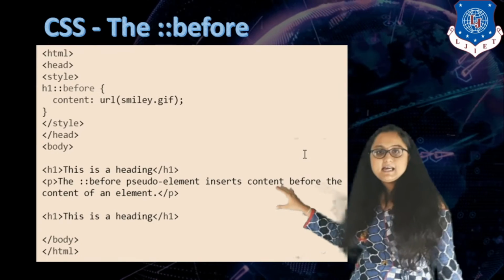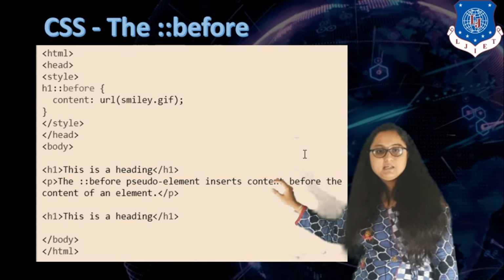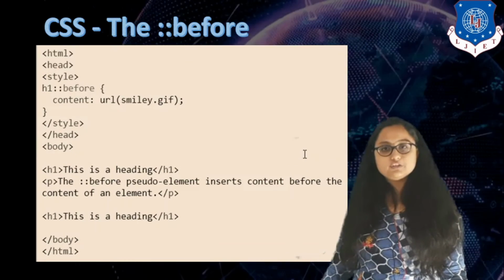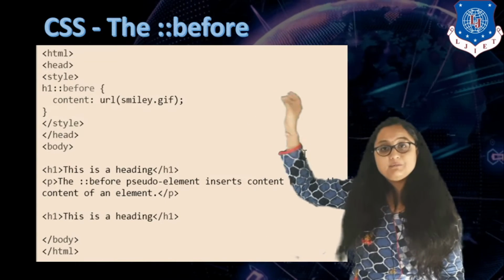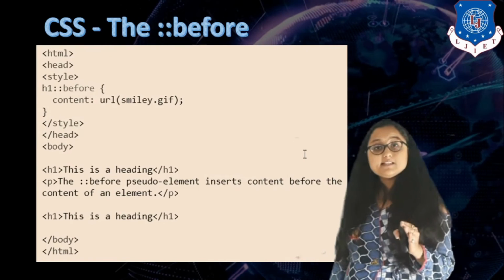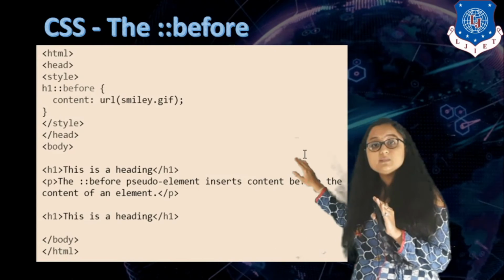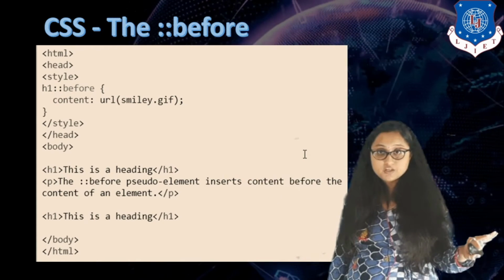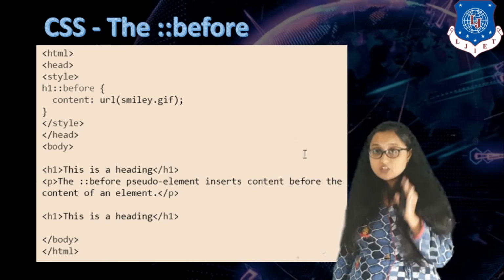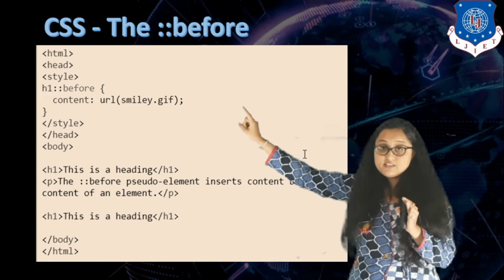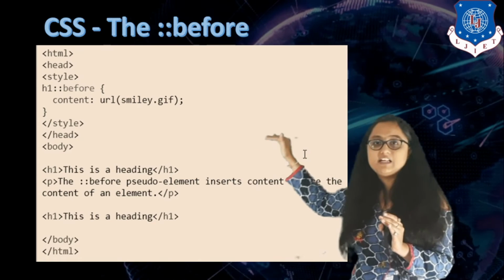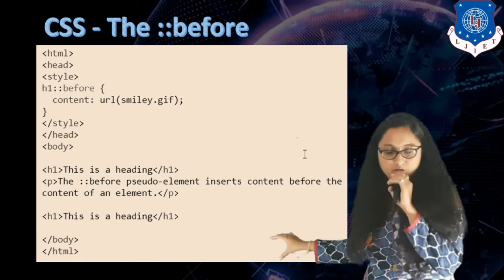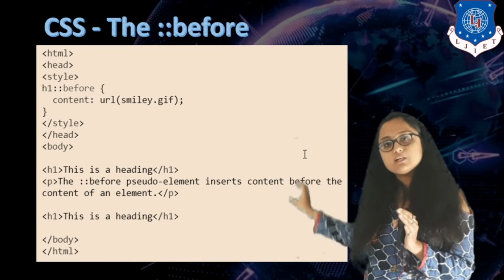So here you can see I have three HTML elements: H1, P and again H1. So I have two H1. What am I doing over here? I am referring to the selector H1. So as soon as I refer to selector H1, how many headings will be selected? The first heading as well as the second heading, because I have not specified any class over here. So whenever you specify only one selector name in your CSS style, you know that it will by default select all those HTML elements. So in our case I have two headings, it will select both of them.